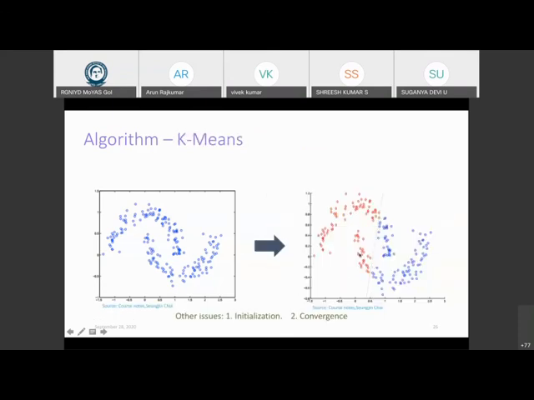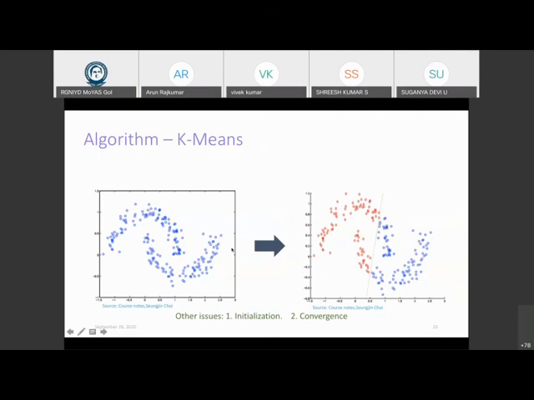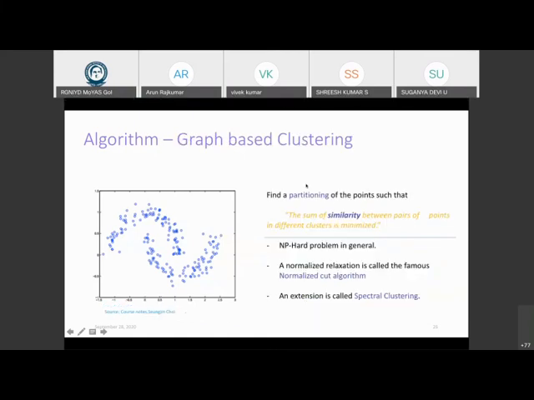If somehow I know that the similarity of people here to people there is smaller than the similarity of people here to themselves, if I can come up with a similarity function like that, then I won't output this partition, whereas I will output the required partition, right? So in the interest of time, the algorithm that tries to do this is what is called a spectral clustering algorithm,